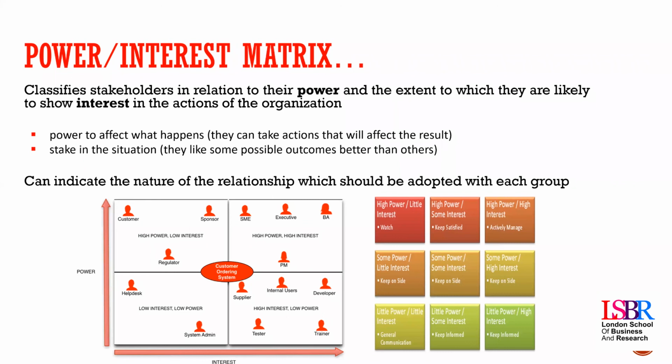And the best way to do that is through what's called a power interest matrix. So it's a 2x2 grid that allows you to map your stakeholders based on their power in terms of how much sway they have over your business, and their interest, how much they care about your business. Okay, high power, high interest tend to be stakeholders that are directly involved. So people like leaders, senior managers, they tend to be people that are highly powerful and highly interested in what your business is doing. People that are low power, low interest tend to be people like the media, so tabloid